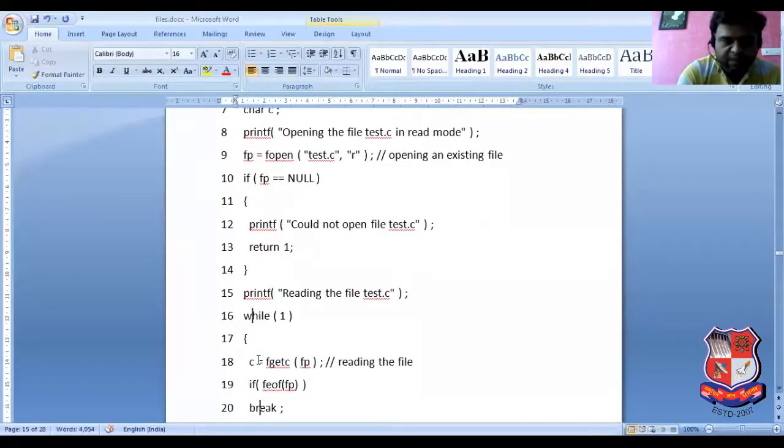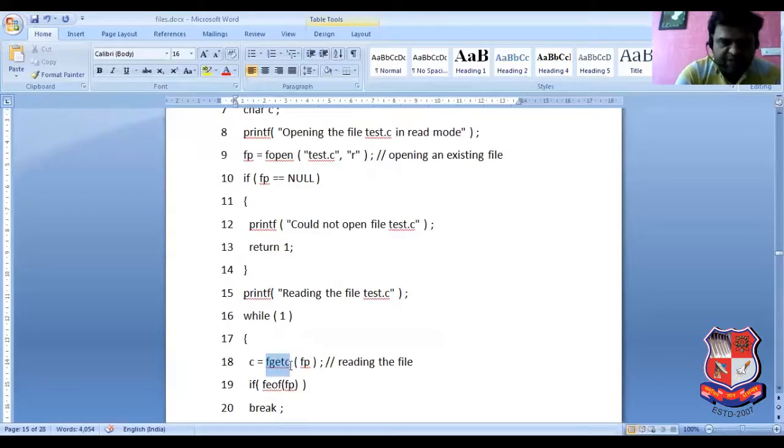Now we are using the while loop here, right? Directly we need to make it true with the while loop, right? So while with the parameter 1, that means that is true. So always it will be in the body part. So look at the